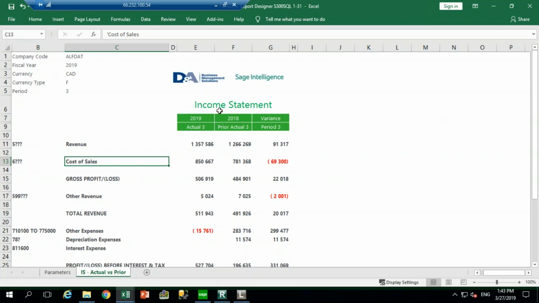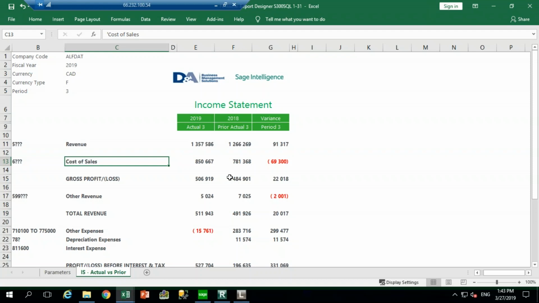Now, this is a normal Excel spreadsheet. You can save it on your hard disk. You can share it in your network, share the network location. You can send it by email. It's an Excel. You can convert it into a PDF file. It's an Excel spreadsheet like any other. Now, if we wanted to go more into the details of this